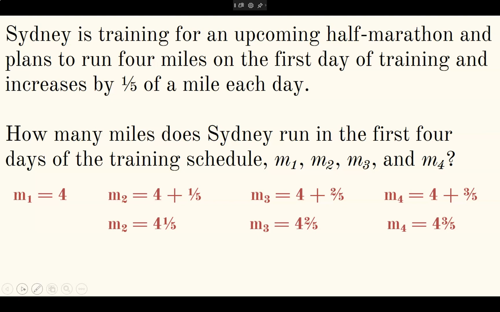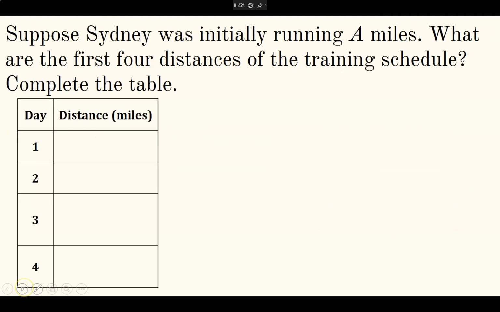So what if I don't know what she started with? Suppose her initial running was A miles. But we know she's still increasing by 1/5 each day. How can I represent how many miles she runs on day 1? Just an A. How about day 2? A plus the 1/5. Good. Day 3. Yeah, so we continue to add. And then on day 4,